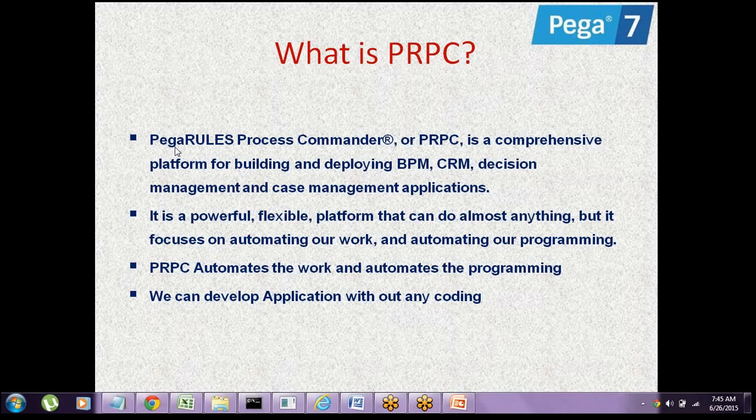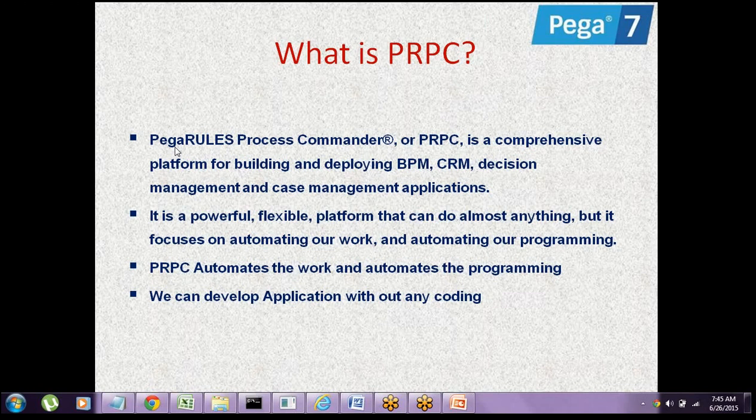Pega Rules is a separate word and Process Commander is a separate word. Pega is a Java based application, as I said first of all, and everything is designed using Java only. In the backend, whatever libraries, functions, classes, and methods you need are all available in the Pega tool itself. You just use those resources and you can build the application and deploy it, and everything can be done in the same Pega BPM tool.